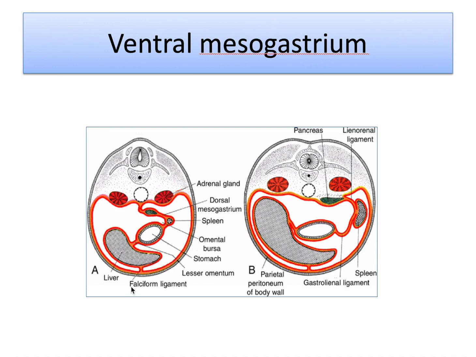The free margin of the falciform ligament contains the umbilical vein, which obliterates after birth to form the round ligament of the liver, the ligamentum teres hepatis,